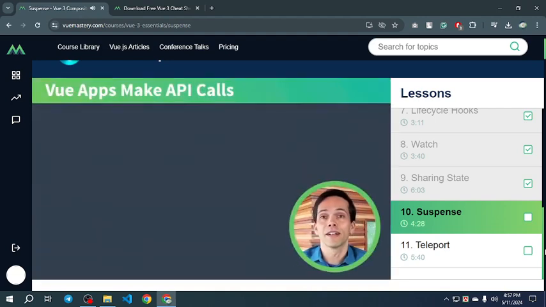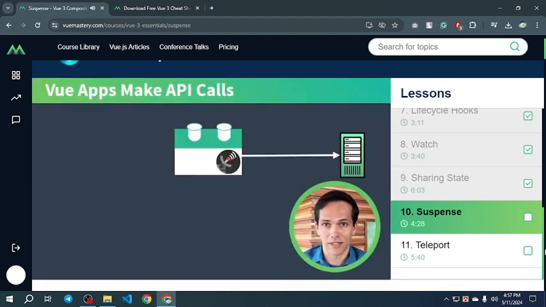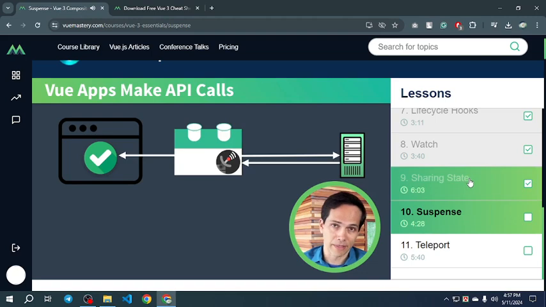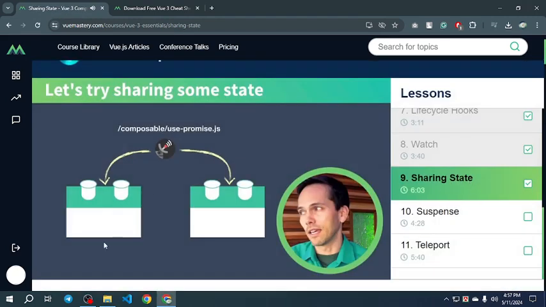It's pretty common that our Vue applications make API calls. And when they do, it's a best practice to let our users know that something is loading, especially if it might take a little while to return from the API call. Then once it returns, we display the template onto the page. The simplest way to implement this